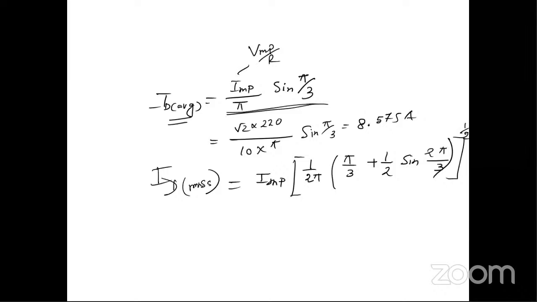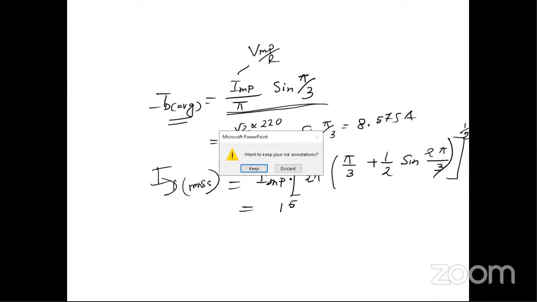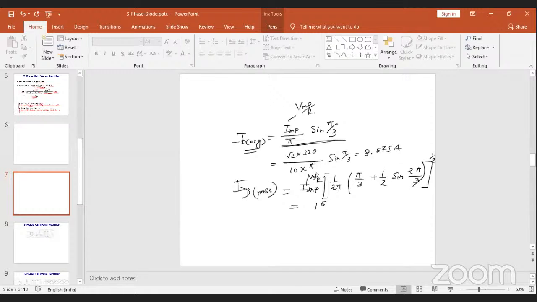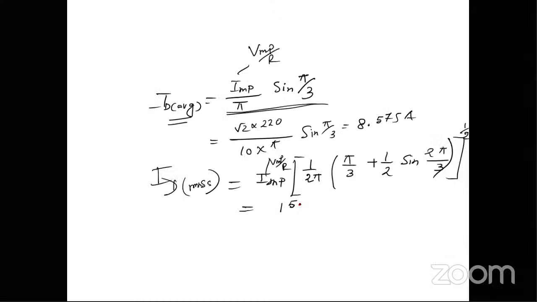okay। So ultimately এখানে সবগুলোই তোমার জানা, IMP তো ইন টার্মস অফ VMP বাই R লিখতে পারো। তো এখানে সবগুলো ভ্যালু জানা, সেই ভ্যালুগুলো যদি পুট করো তাহলে RMS ভ্যালু যেটা আসবে সেটা হচ্ছে 15.10 অ্যাম্পিয়ার, ঠিক আছে।